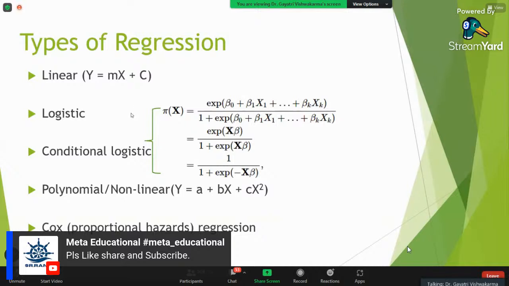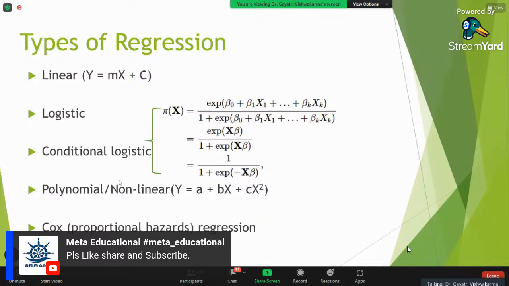If your dependent variable y is ordinal variable, then you have to apply multinomial logistic regression. If you are using dichotomous variable with some condition, let's say a matched case control study, there you have to apply conditional logistic regression.